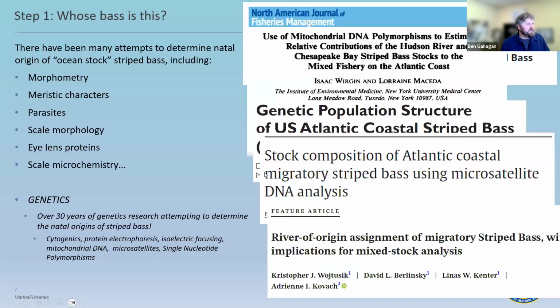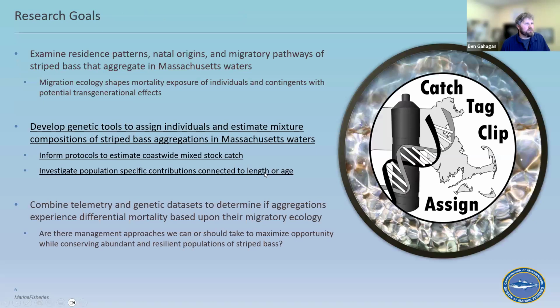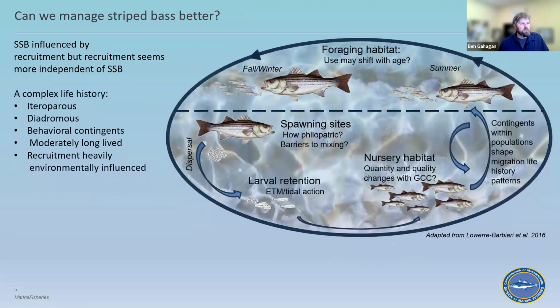Yeah, totally. I wish I had spent more time on this figure, but that goes to the complex life history of striped bass. The genetics work we've done, the diagnostics for the genetics panel, suggests that we didn't miss any populations. So to the first part of your question, it doesn't look like we're missing anything genetically. There could be spawning in a river contributing to one of these reporting groups that we don't know about, but it doesn't look like we have fish that don't belong to any of our reference populations.